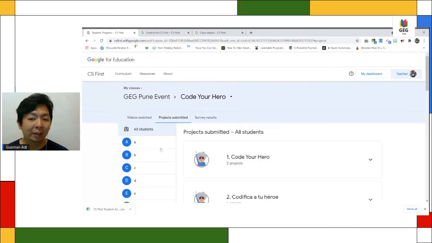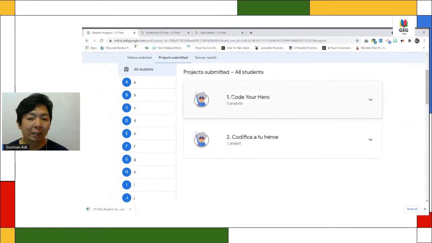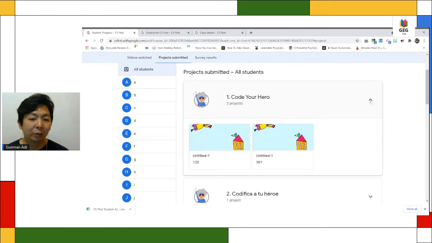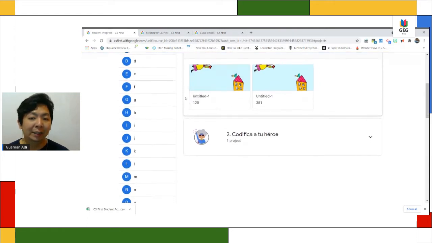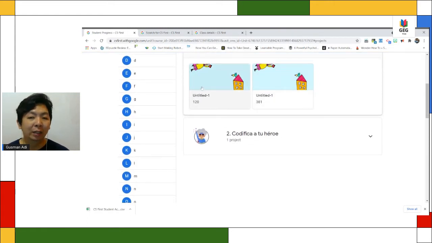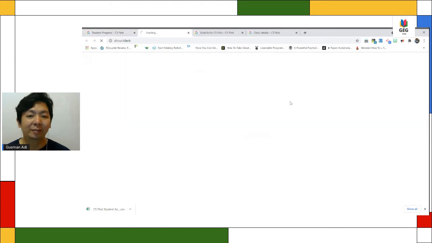So over here, I have a lot of students, right? I got a Code Your Hero in English, and then the second one, I got the one in Spanish. So I'm going to go down over here. As I can see, there are two students that are doing their works. But let's say this one is the template, right? Have both of these students already done the project? Have they really done the code? We can take a look over here. We can click it,